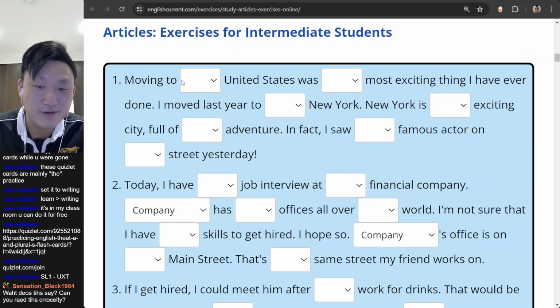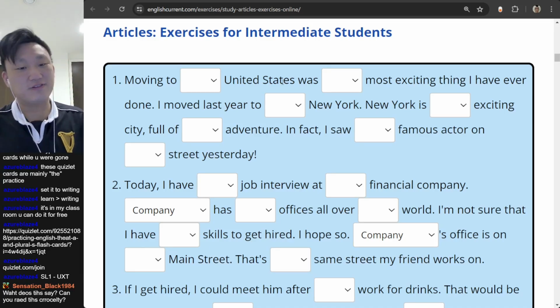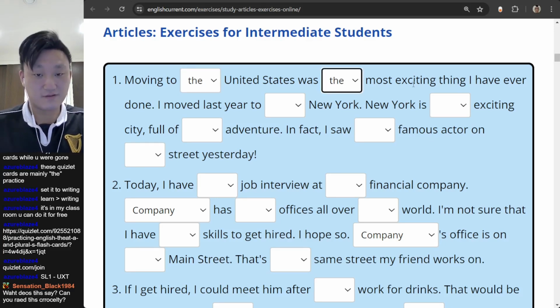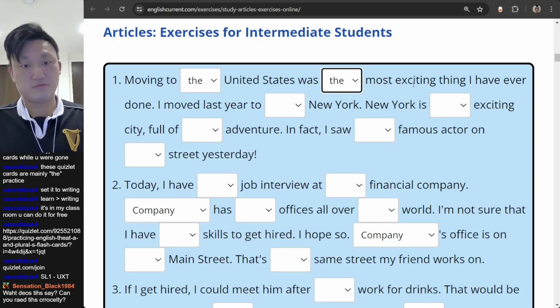Moving to United States was most exciting thing I have ever done. Moving to the United States was the most exciting thing I have ever done. Just to give reference, in Japanese, I had learned this some time ago. I haven't practiced it, but basically, it's equivalent to like me saying,